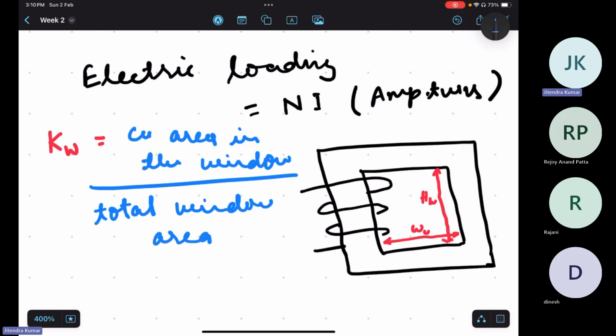So what will be the total window area? Height into width, because it will be a rectangle, right? Yes. Let me write it in units. So if we divide by AW,